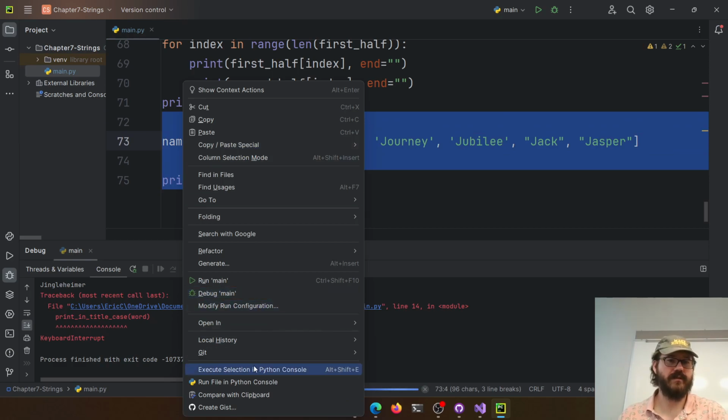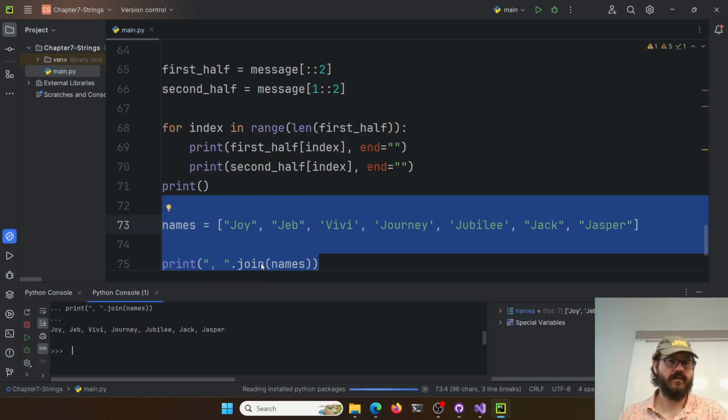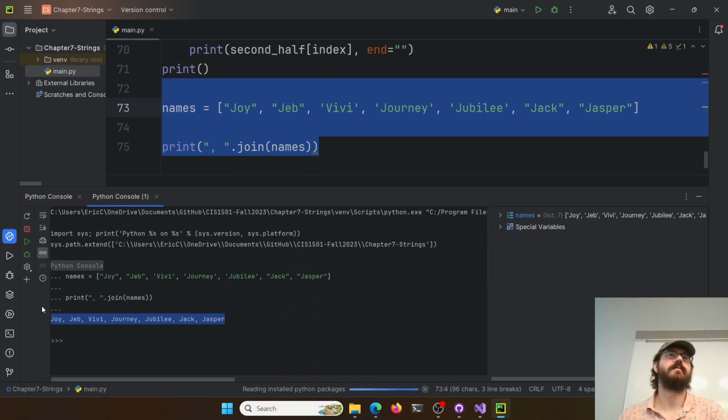And if I just run that one, we get comma separated names because they're separated by a comma and a space now. It joins the list together with whatever you want in between them, which is nice because it doesn't do the end one at the end. Right? I don't have to.